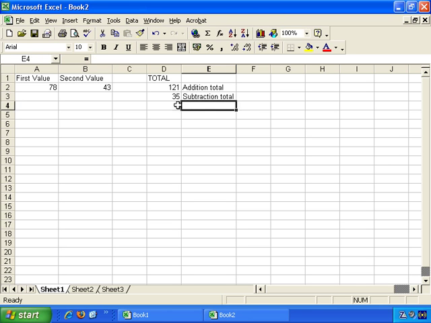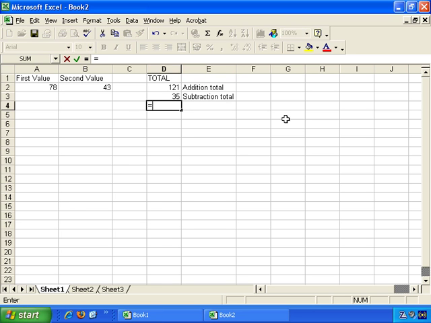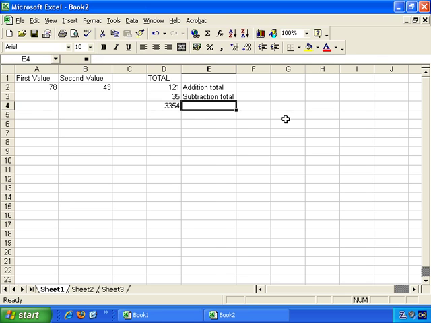And next, let's do multiplication. So we'll start with an equal sign, and let's put in brackets to be neat, then A2, and the multiplication symbol for computers is the asterisk. It's not the X, it's the asterisk. It's the same as times. So A2 times B2, close brackets, and press enter, and there we go. So multiplication total,